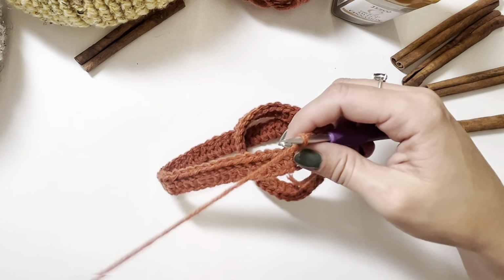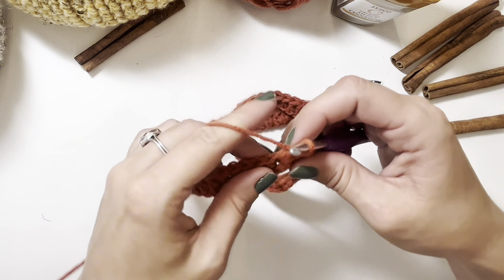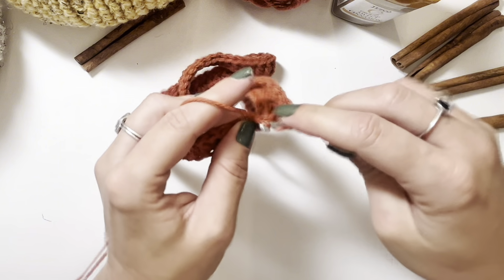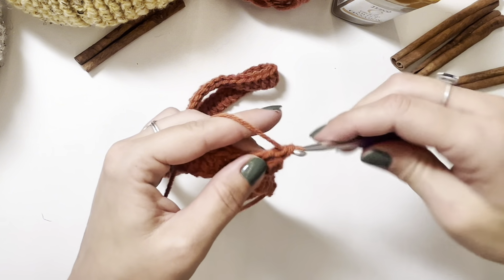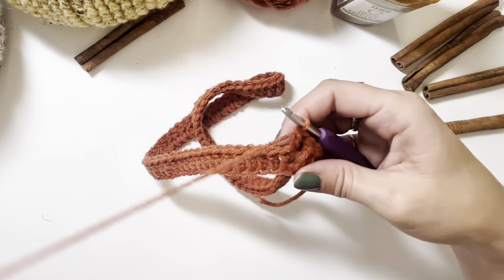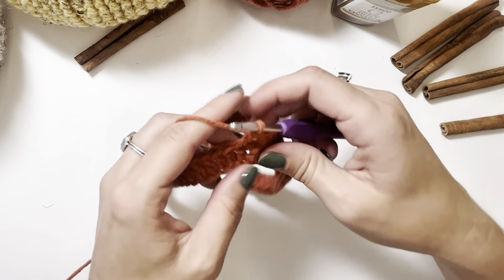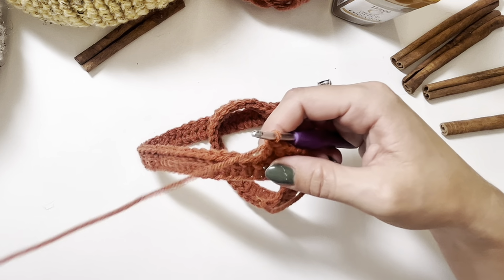For the next stitch, we just do a regular double crochet into the top of the chain. This finishes off our segment. So at the beginning of each one, we've got a double crochet. It'll look like this. So you do your double crochet in your 7th stitch,